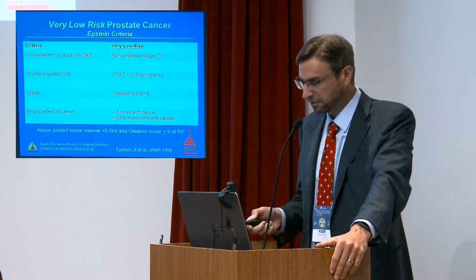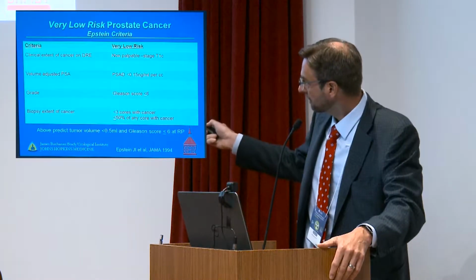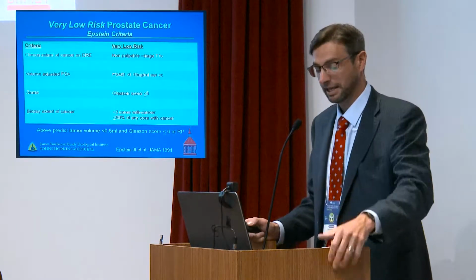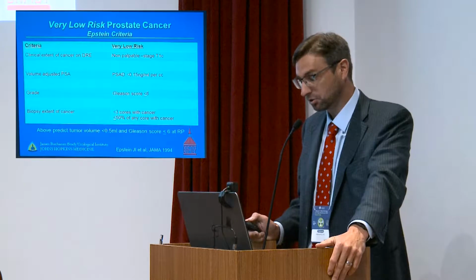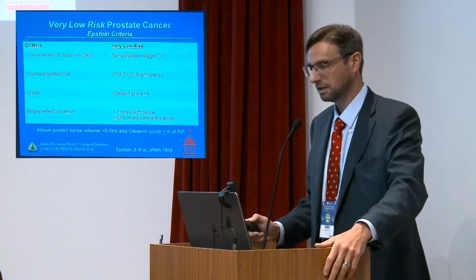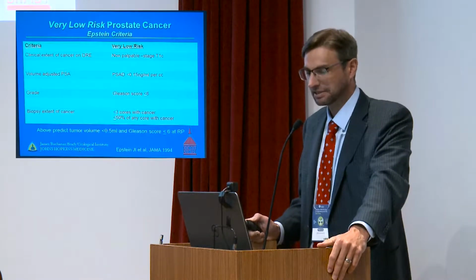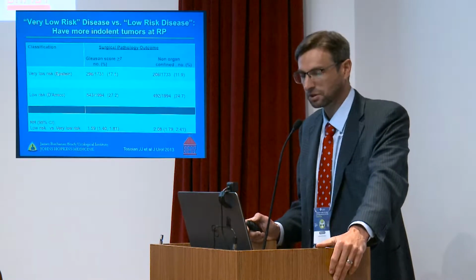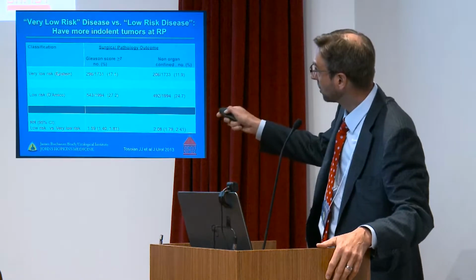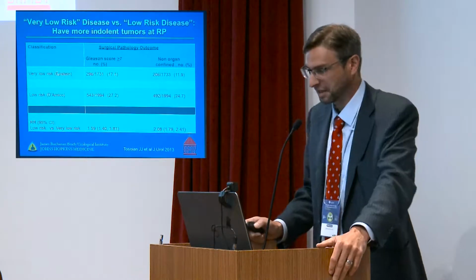So if you have these criteria, we call you very low risk. That basically predicts lower tumor volume and low grade in the actual pathology if you were to do a radical prostatectomy. And these are, to us, the ideal candidates for surveillance. Non-palpable, low PSA density, low Gleason, and few cores involved. We then put this together and call this favorable risk, and that is what our surveillance cohort